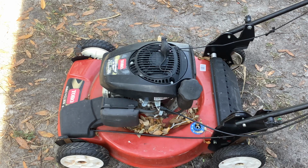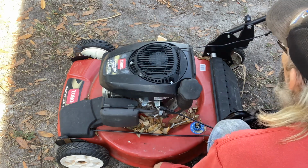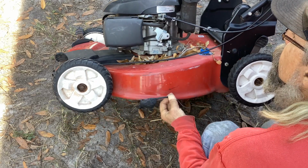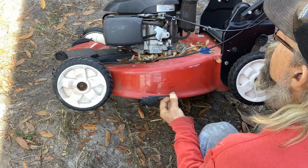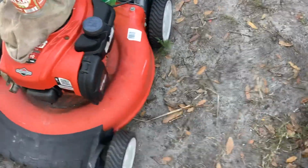Doing a little messing around today. Grabbed a couple of machines out of my to-do pile. I've already worked on a Troy-Bilt. We're going to work on this Kohler powered Toro. Trying to see what year it is. 2018 on this. So this